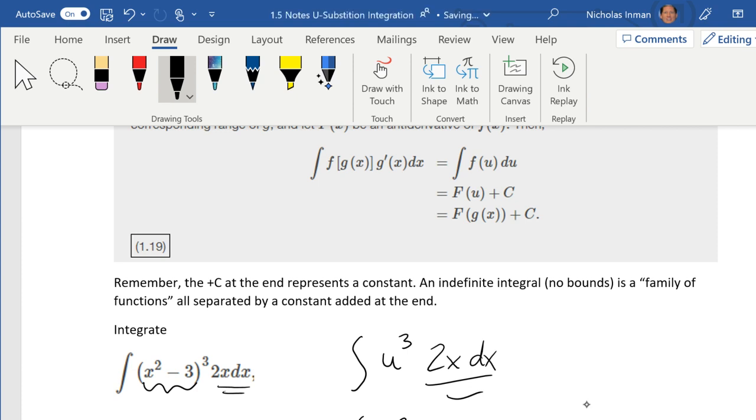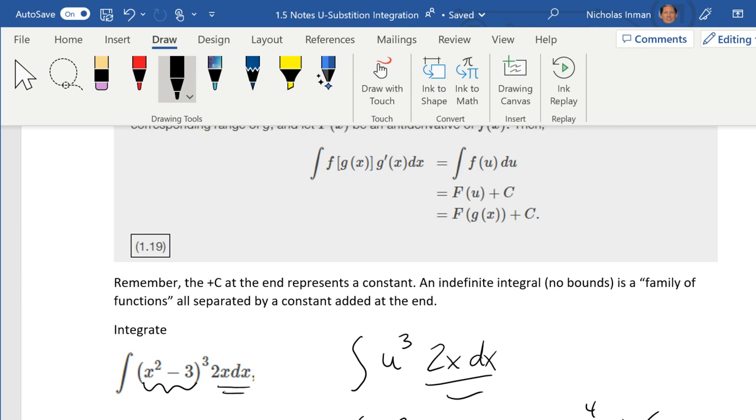It'd be u to the fourth over 4. Right? Add 1 and then divide by that new exponent. Okay? Plus c, of course, because it's an indefinite integral. There's no bounds. All right, that's great. So I have this new answer,